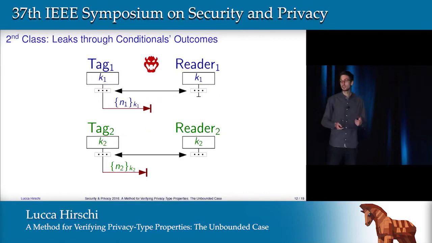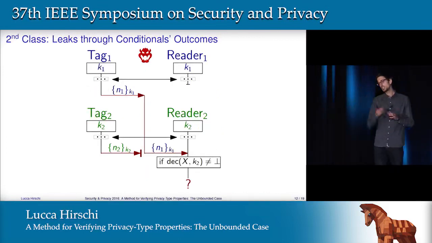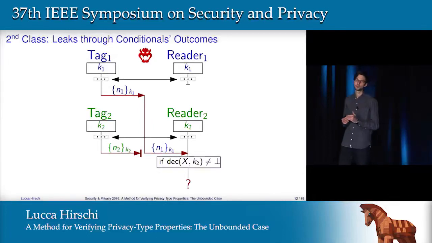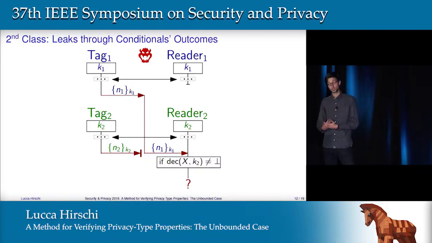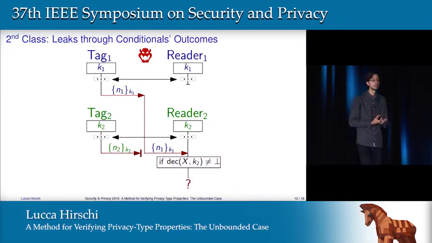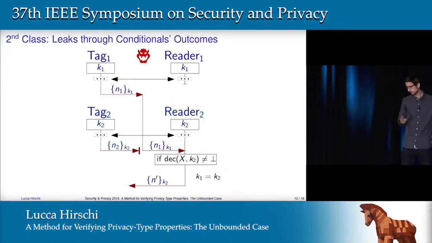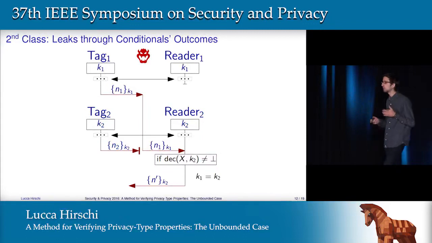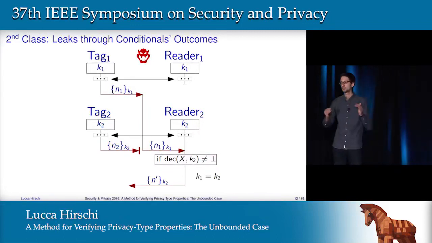Then the attacker is going to do the same in the second session, and then he will inject the ciphertext from the first session into the reader of the second session. Then the reader is going to evaluate its internal conditional, and finally, the attacker is going to observe what the reader does. If those two sessions were performed by the same user, the same tag, same reader, then this test is going to hold,